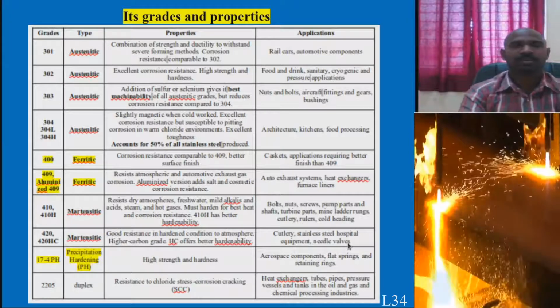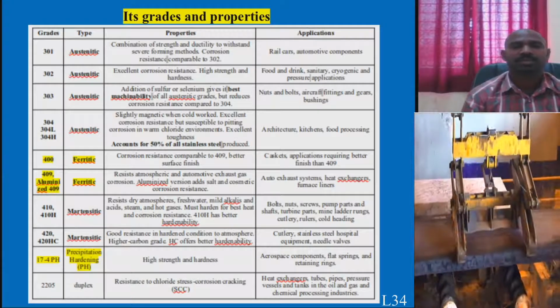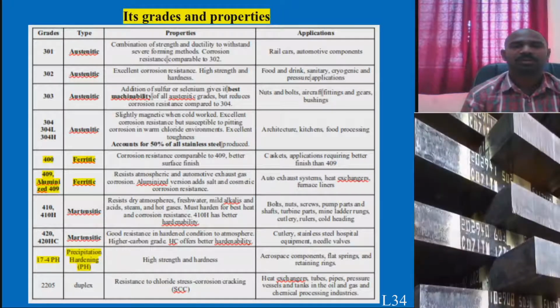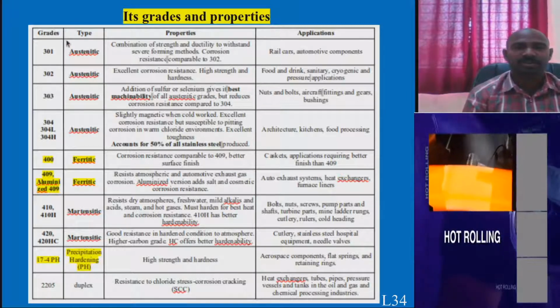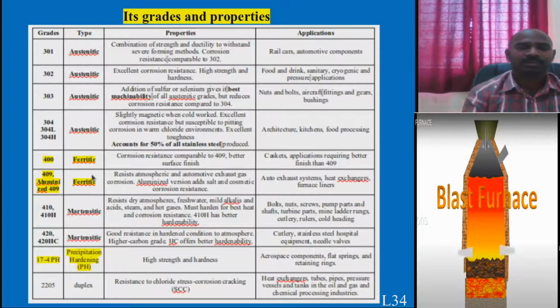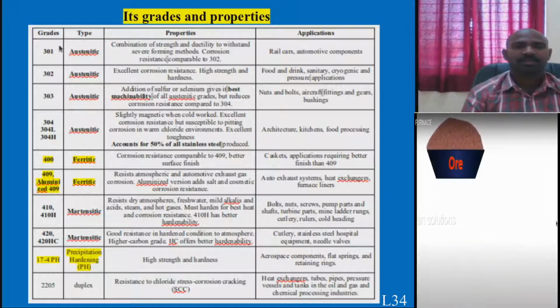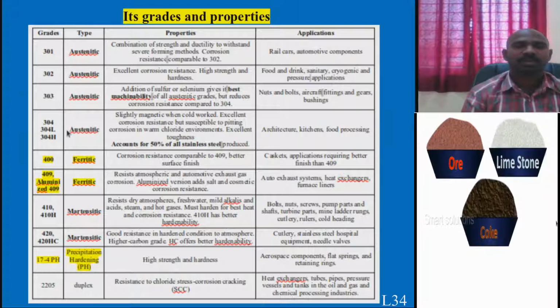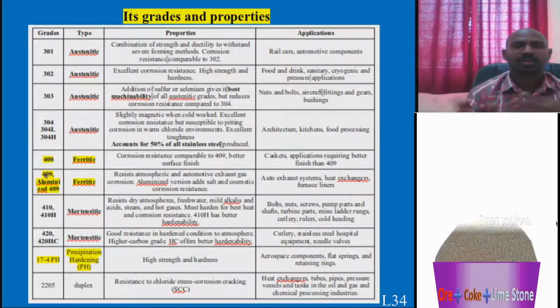You will understand from this slide the variety of grades. Let me focus on grades and properties on this particular slide. Remember, there are types of stainless steel as explained: austenitic, ferritic, martensitic, precipitation hardening, and duplex stainless steel. And there are grades. You usually find austenitic stainless steel with the 300 series, and ferritic and martensitic stainless steel with the 400 series, and precipitation hardening stainless steels